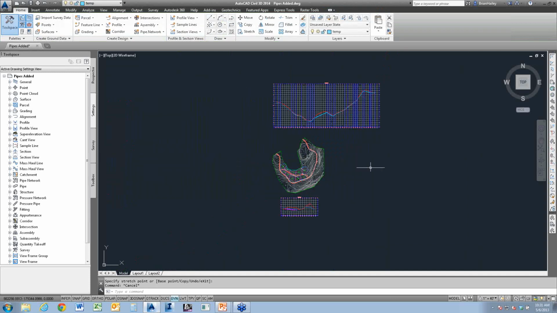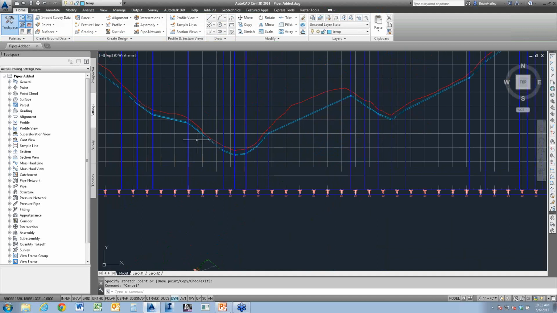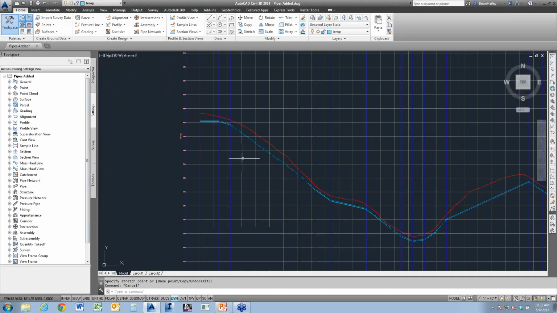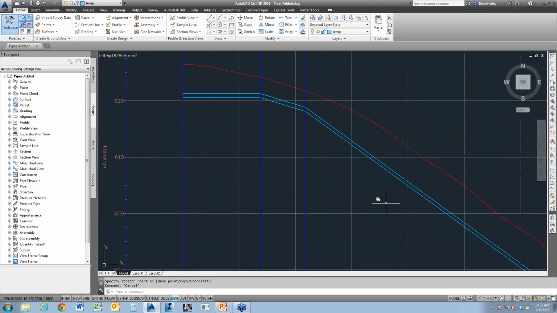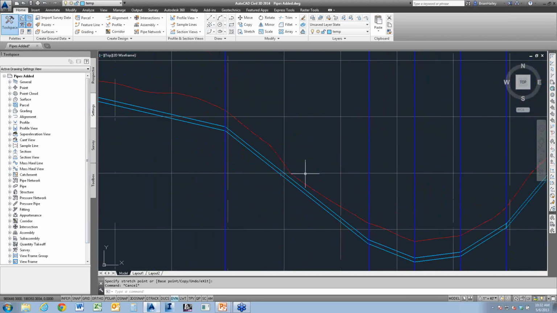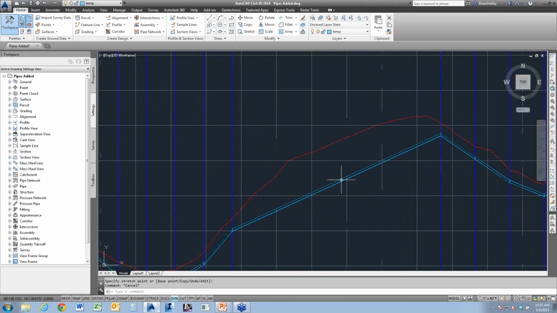All right. And here I am in my profile. And in this case, I put the cover at 3.5 feet. I didn't do that at 5 feet, but that's okay. So as we can see, as we're coming along, most of this looks good. There's a couple areas that we need to do something. So this area here, it's probably too shallow. This area here is probably too deep. So what we can do is we can tell the pipe, hey, I want you to follow the surface.